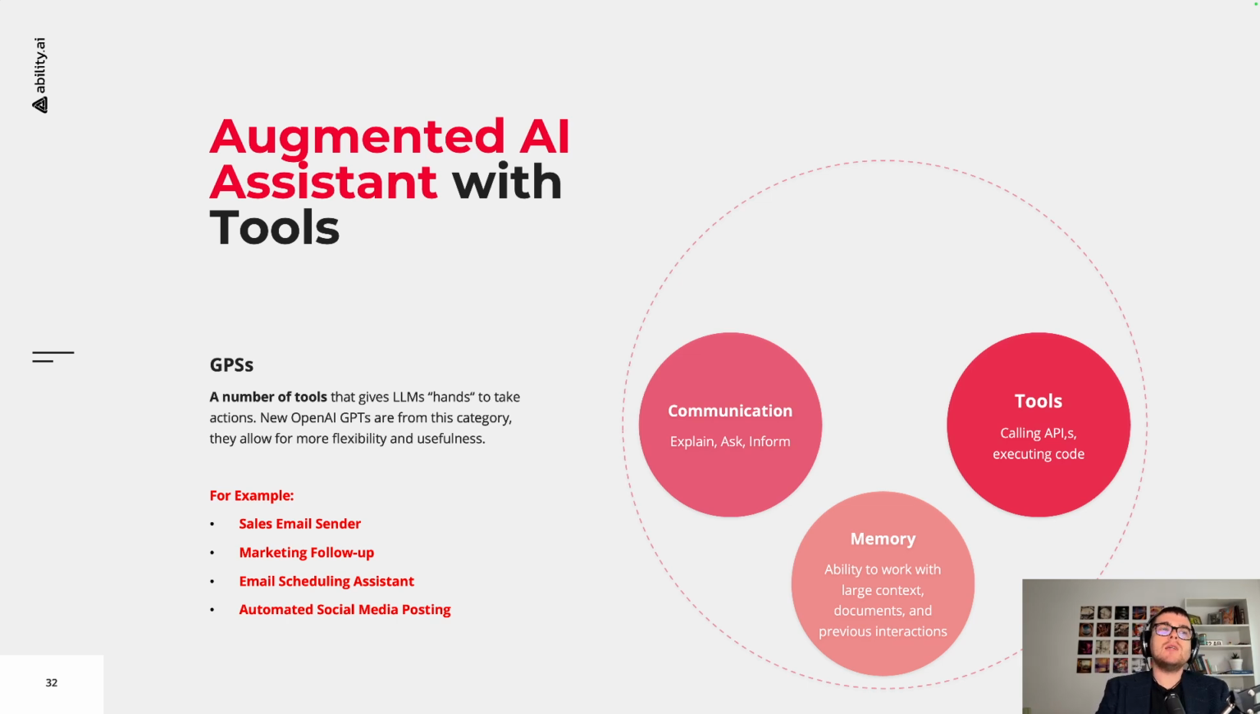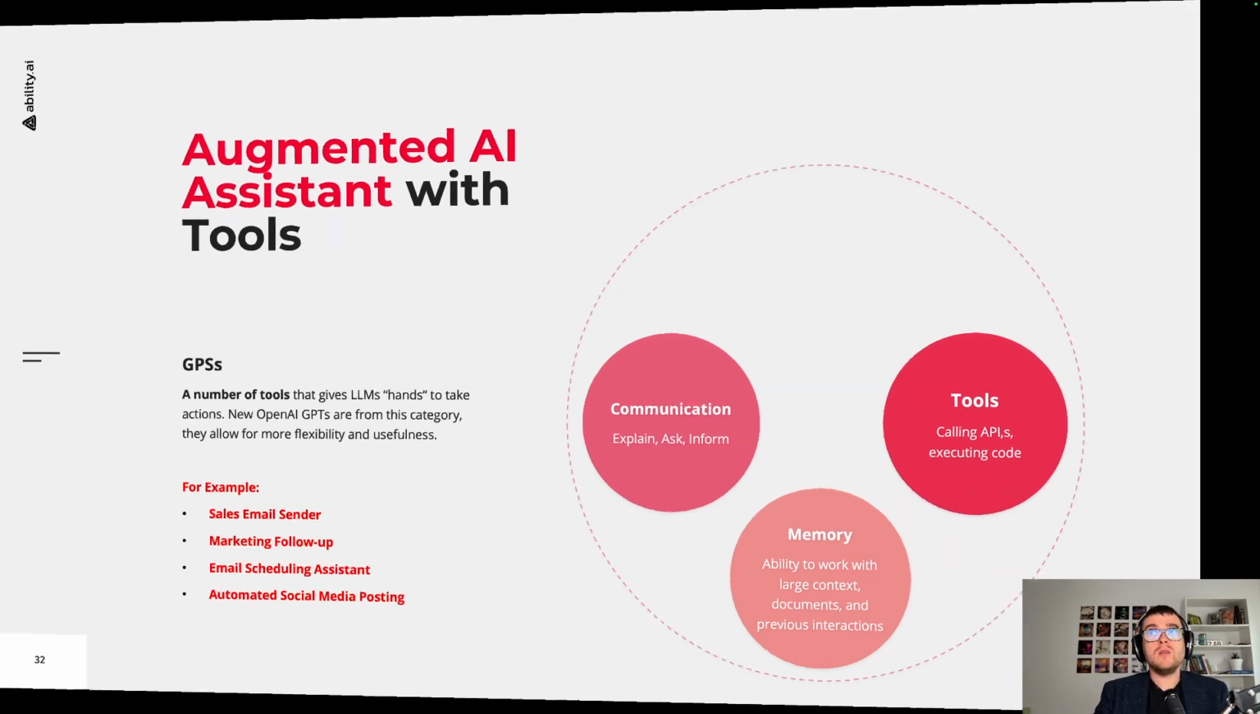So it can do stuff. It has sort of virtual hands. Typical examples are sending email reminders or marketing follow-ups, or some things that require some action, not just information to be returned. And with that, we finally get to